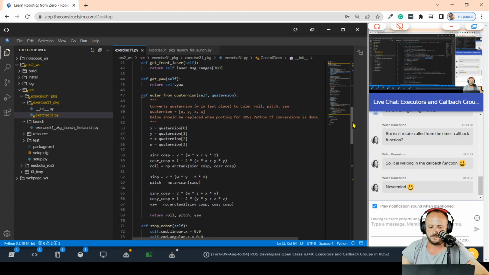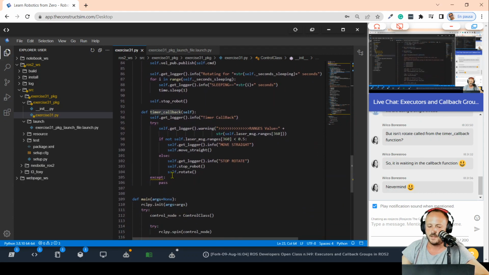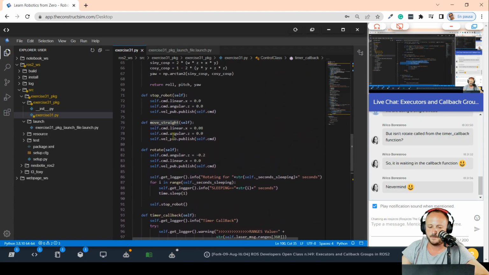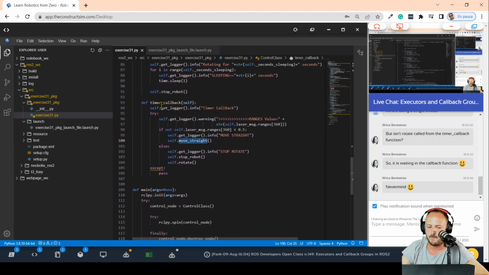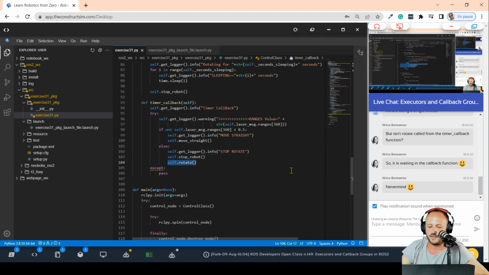This is working normally while I am moving straight, because I call the move straight function, I publish the velocity, and then I go back to the main callback function, I skip this, and I start again. I come back again here. So no problem. The problem is that when we enter into the else statement, and we enter the rotate function,